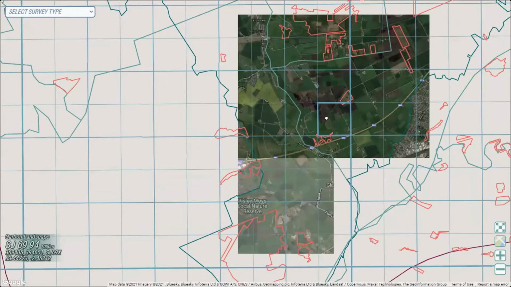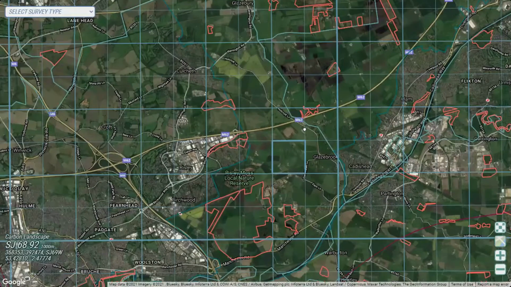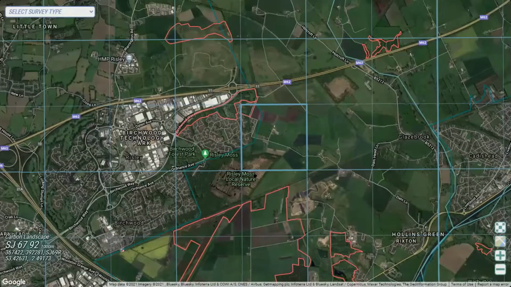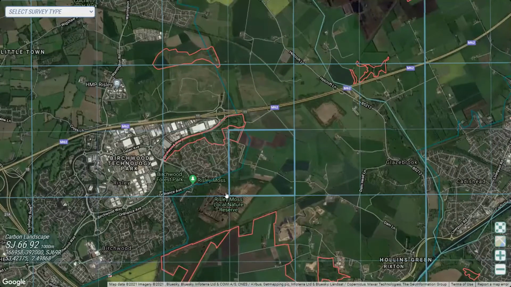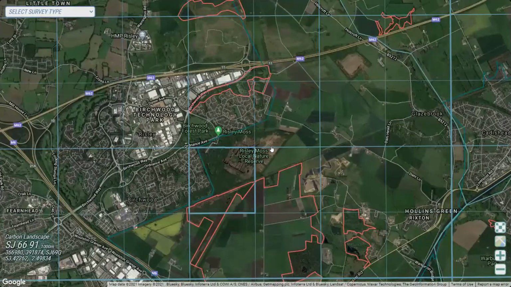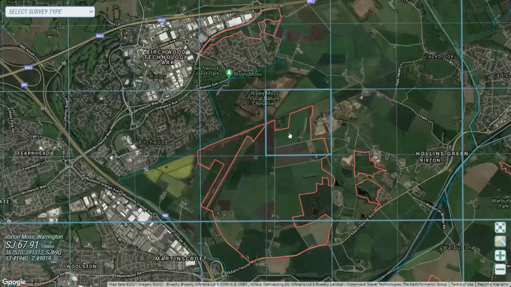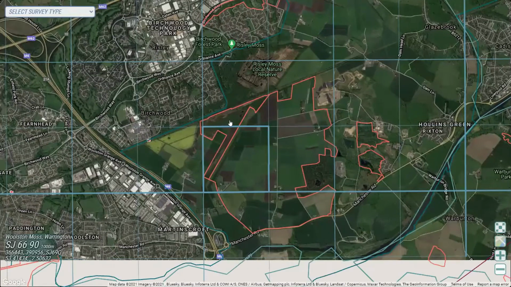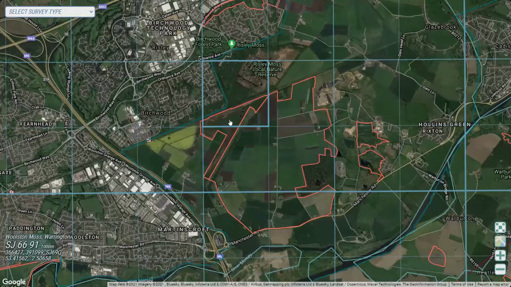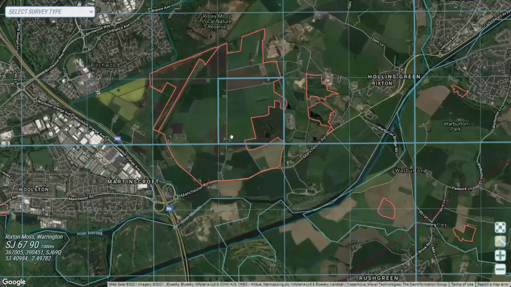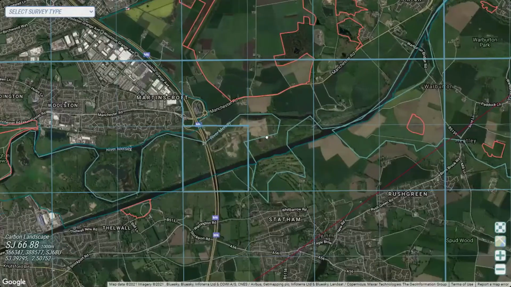So as we come down through the landscape, we find ourselves down at Risley Moss. We've got Holcroft up here. Apologies, these sites are not actually showing on the map with a boundary. We haven't got all these boundaries on the map. We come down here, you can see Rixton Moss, which is a local wildlife site, and eventually we get right